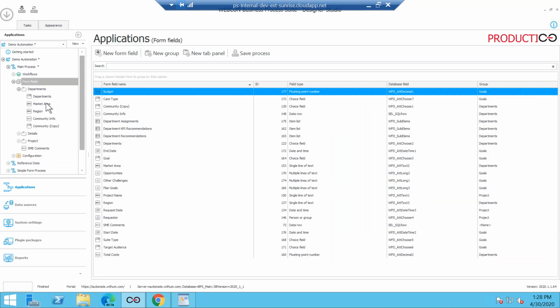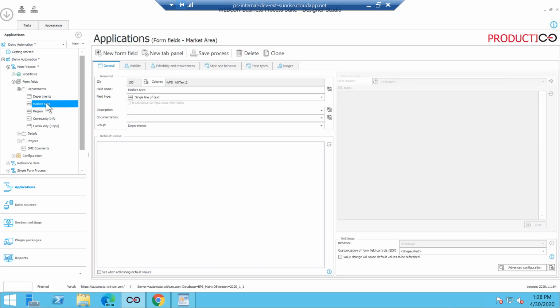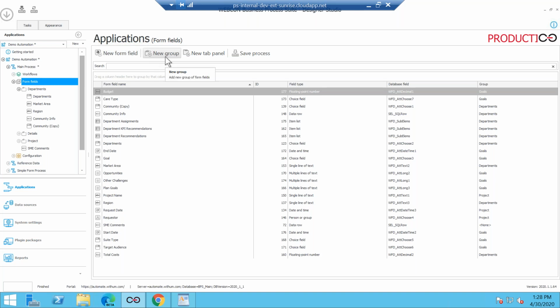Right. So I am just going to click on one of the fields that we already have configured. So it's a single line field, as you can see. I want that to either be a floating field or I can put it inside a group. Creating a group is very simple. You just have to click on form fields and create a new group. So that puts your fields together. You can just drag the group into the form and you're going to see all the fields right there.